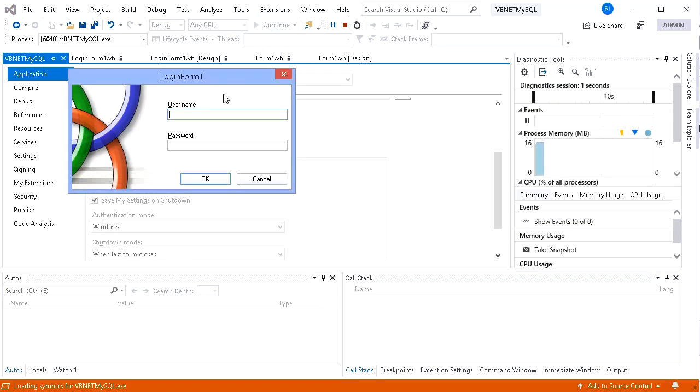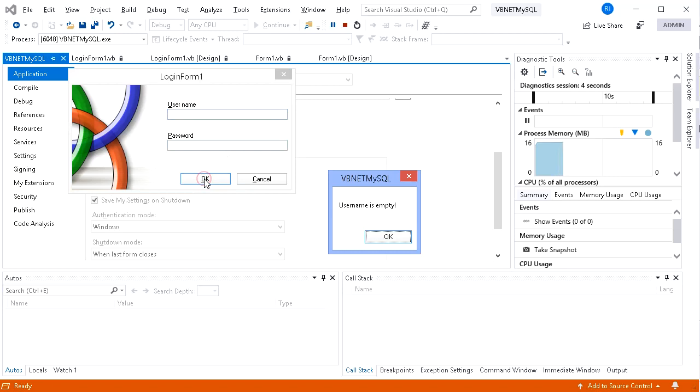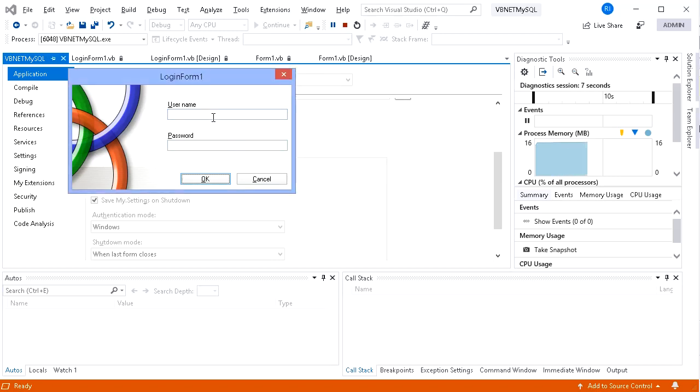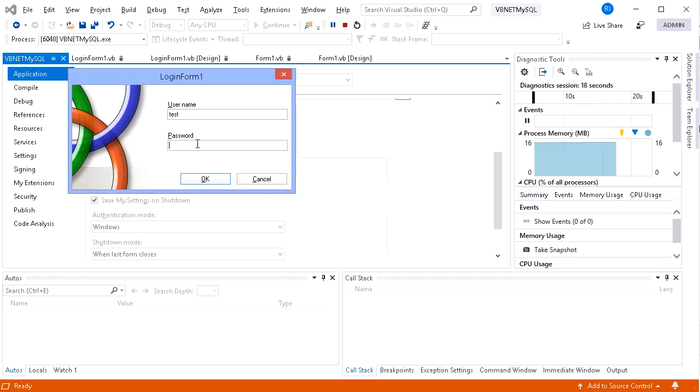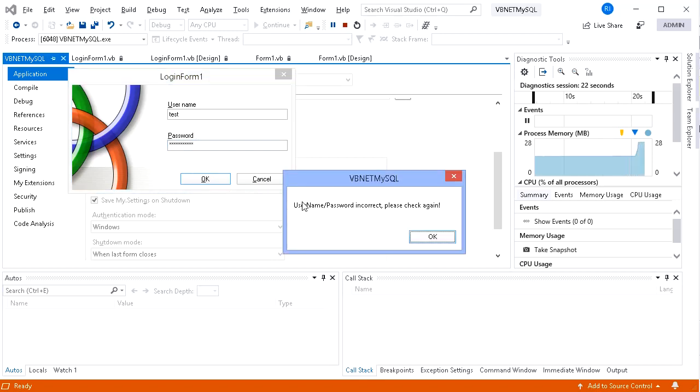Let's try first when the username and password are empty. It will display a message like this. When we fill in the username and leave the password blank, then the message is like this. Now try both fields, but the password is not correct.